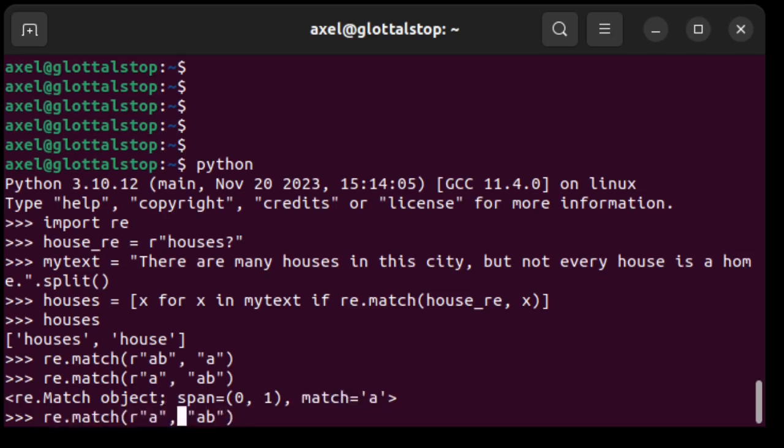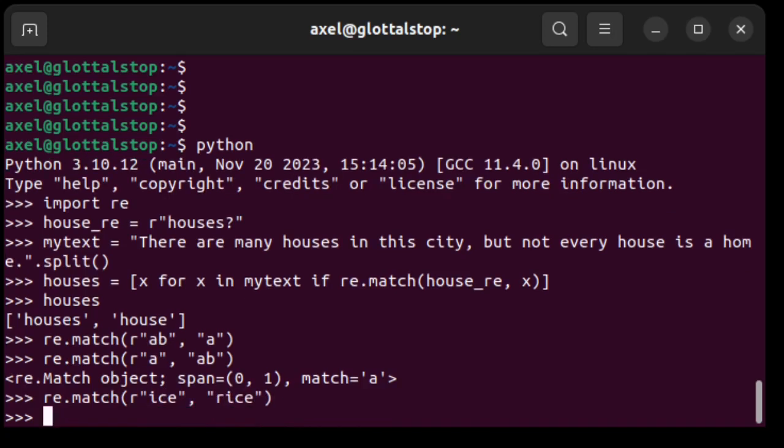And then this was "ice" and "rice", I believe. So the pattern "ice" in the string "rice", we don't get anything. So this is kind of interesting. The first one maybe isn't so surprising, right? We search for the pattern "ab", well, that's not exactly in "a". It's not a substring of "a". But "ice" is a substring of "rice". It still doesn't